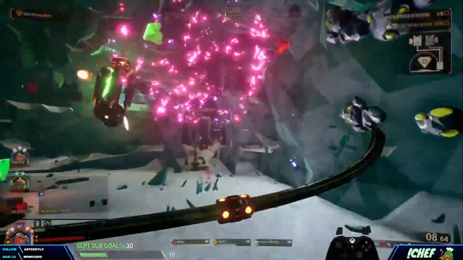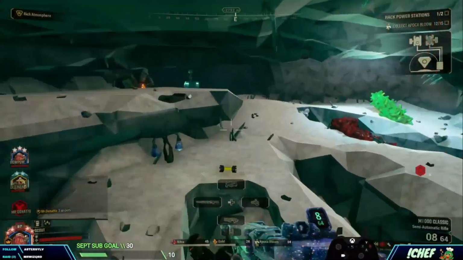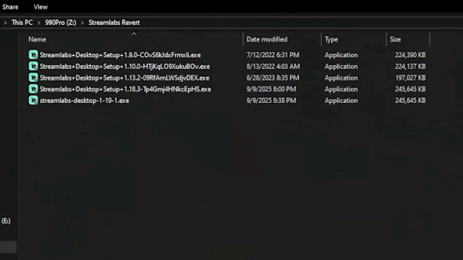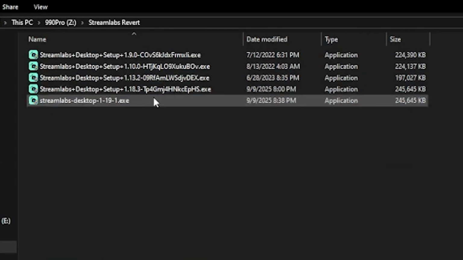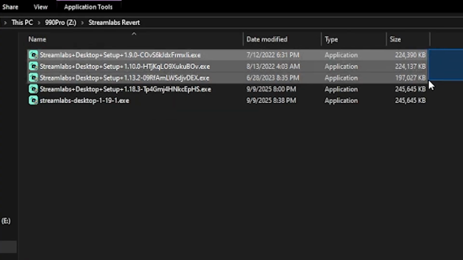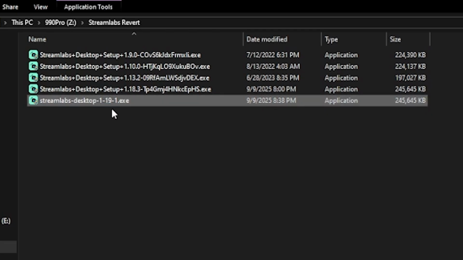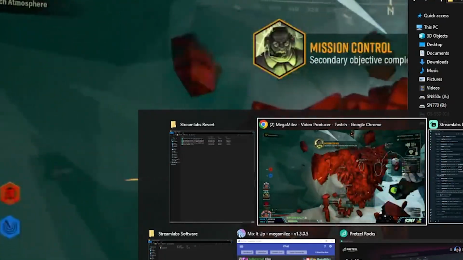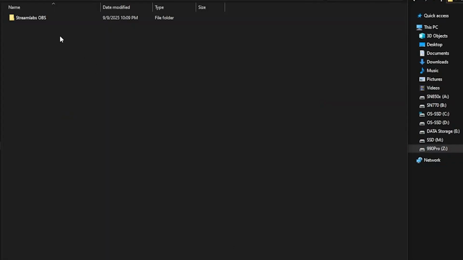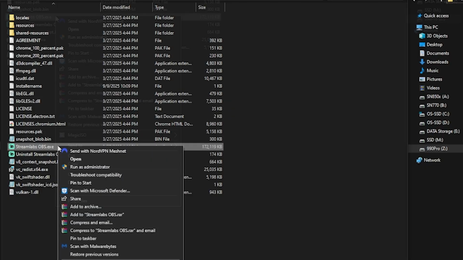So what I did to get it to work, and I'm going to show you here on the desktop. These are my install versions that I had left over. 1.19.1 is what I reverted back to first, okay? And when I went into my Streamlabs, this is where I installed it. So what I had to do, and I've already done it, so I'm not going to do it again, I went into